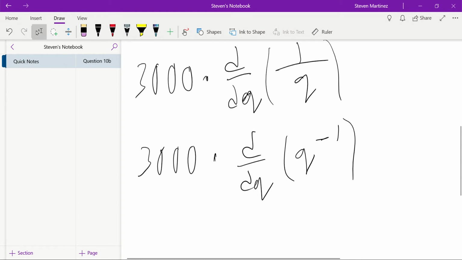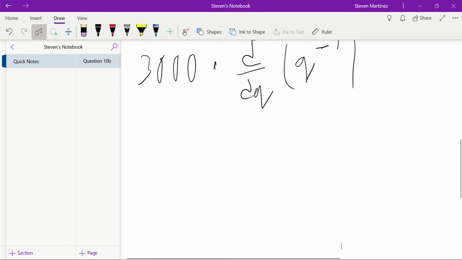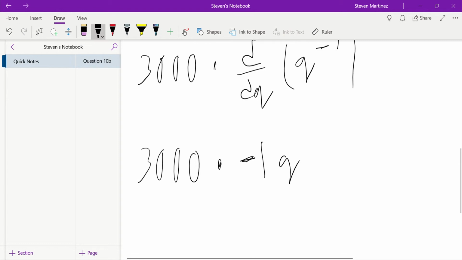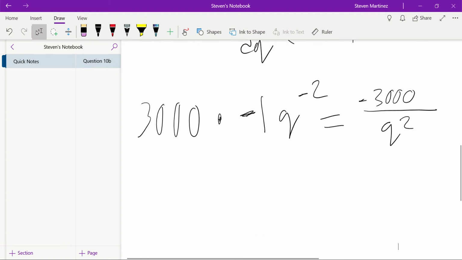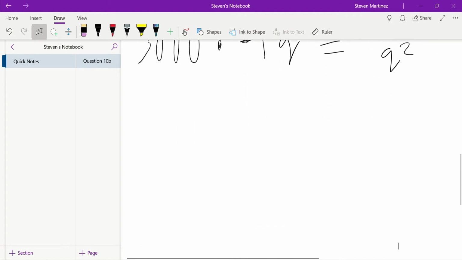So now we're going to use the power rule to find the derivative of this. So we have 3000 times negative 1 Q to the negative second power. When you multiply that, you get negative 3000 over Q squared, because we brought that Q to the denominator because we want it positive, to make things easier. So now we have that. We can plug all of this into the